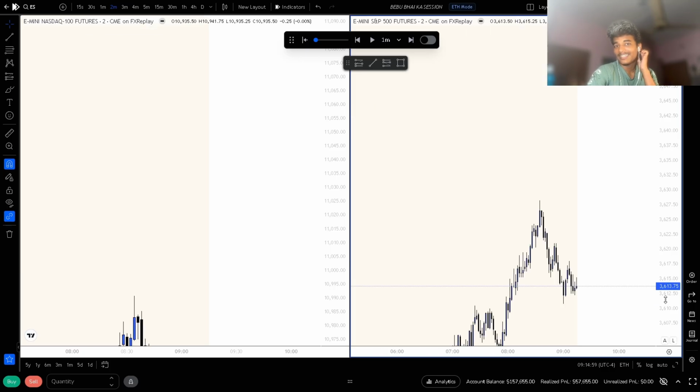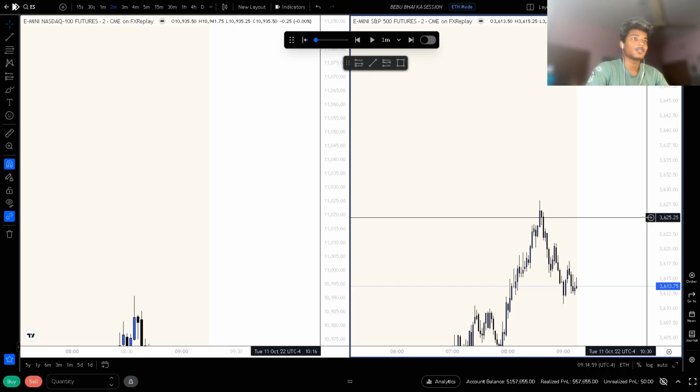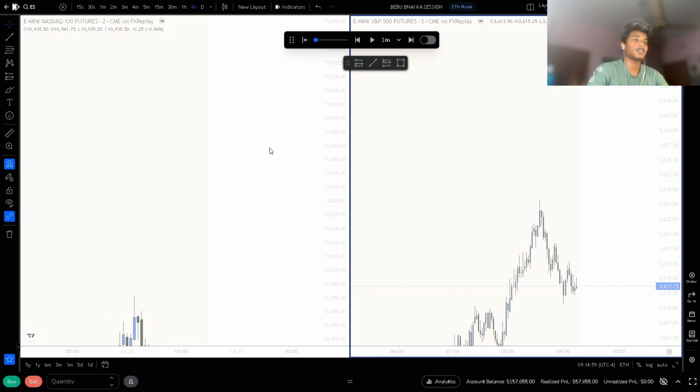So I feel like my kill zone timing is from 9:30 a.m. to 11 a.m. and I feel like I may also get setups after 9:30, but only if the market structure is nice and the market has valid duals. I will take setups after 10:30 as well to 11, actually. Okay. So let's see the 4 hour now.